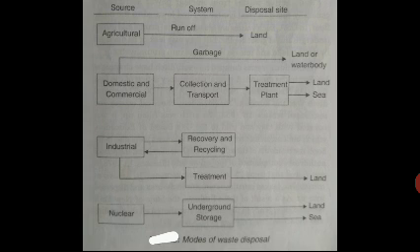Land and ocean disposal. Radioactive wastes from nuclear power stations are generally fused in glass containers and lowered to the ocean floor. In USA, such wastes are sealed in metal drums and buried underground at great depths. But they may leak or be damaged by earthquake and release the waste into groundwater.